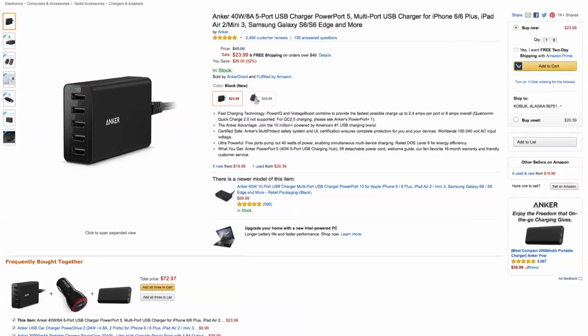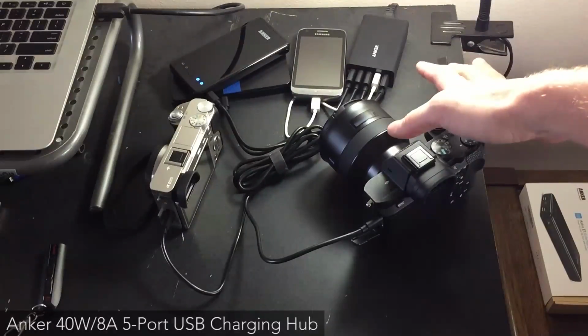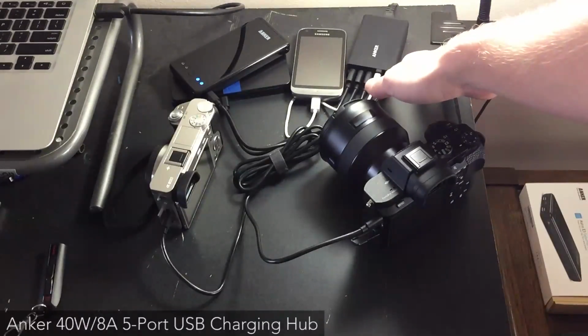So it can sit on your desk, it can sit on your nightstand, or you can even take it with you for traveling, and it will charge everything at the same time. And even more importantly, it lets your device pull the charge that it needs. So the bigger tablets like an iPad or the Samsung Galaxy Tab, they will charge at about 2.1 amps, while your phone more than likely doesn't. It'll charge at 1 amp or 1.3. This will let the device take what it needs, up to 8 amps spread out for all 5 USB ports,